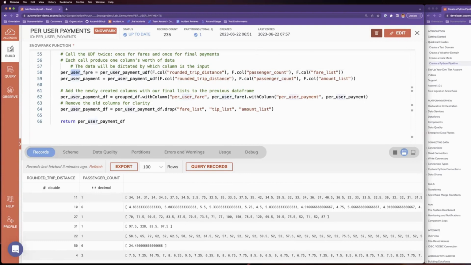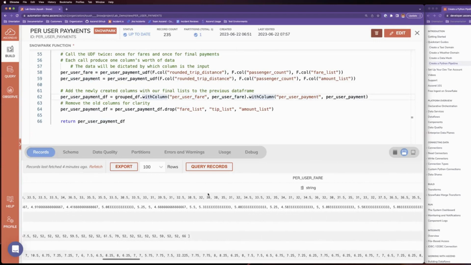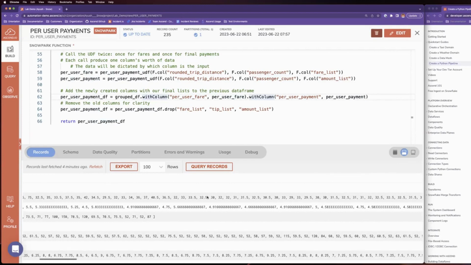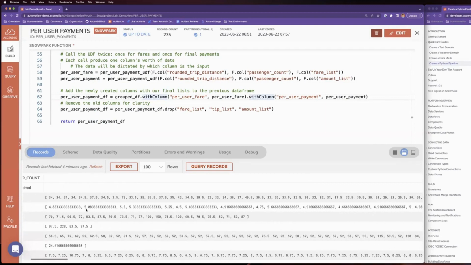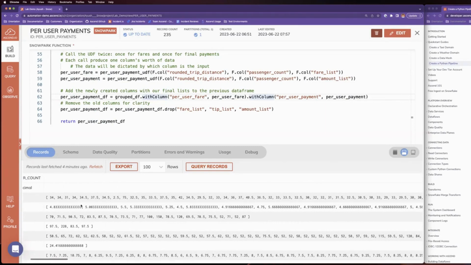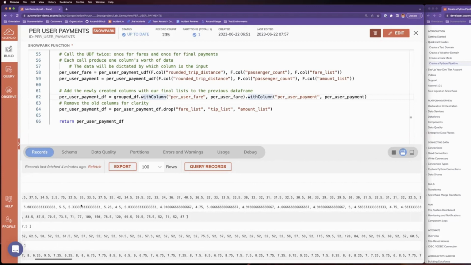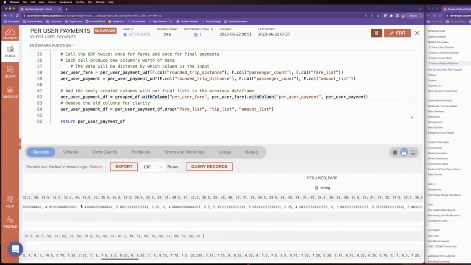And then we'll get our output. Similarly, we did this for our fare column, and we did this for our payment column, what we call amount list. And then we're going to add these columns to our list and then drop the old data so that it's easy to read here, because otherwise this would be a lot longer, and you'll see that in a second. But hopefully you should realize what we've ended up creating is one column, another column. These are our group by statements. And then the list of data for how much was paid per customer when we actually divided them as such, right? And so this is a per user fare.